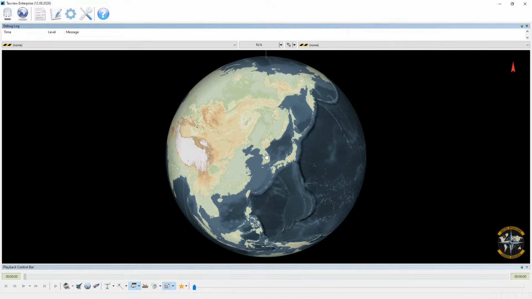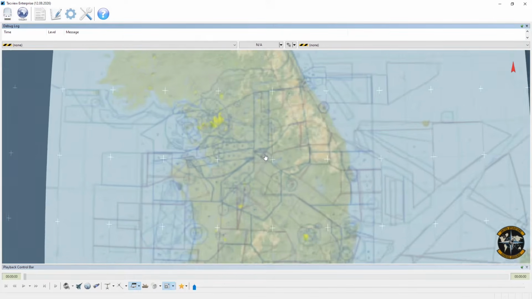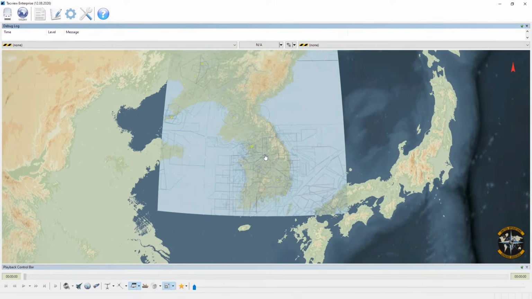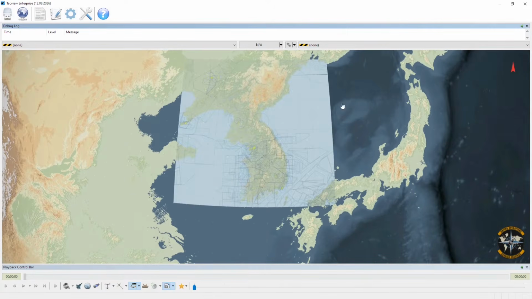Just a second. So bring up Tacview again, and now scrolling in. It might take a second, and now it loads the new tiles. As we can see, it perfectly